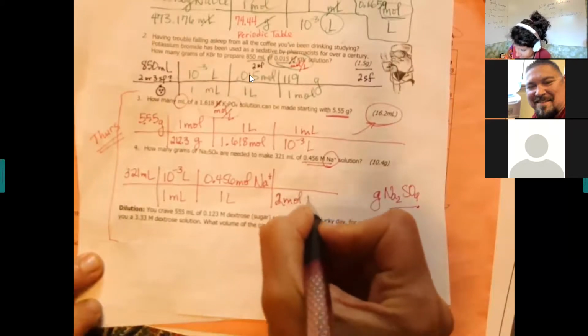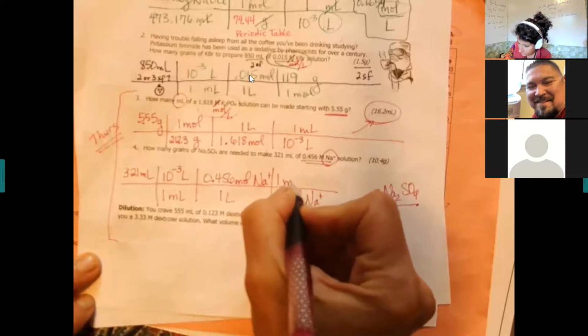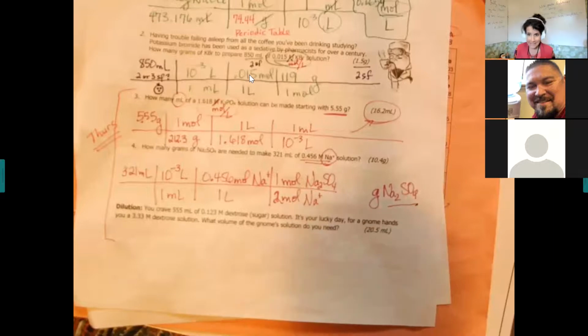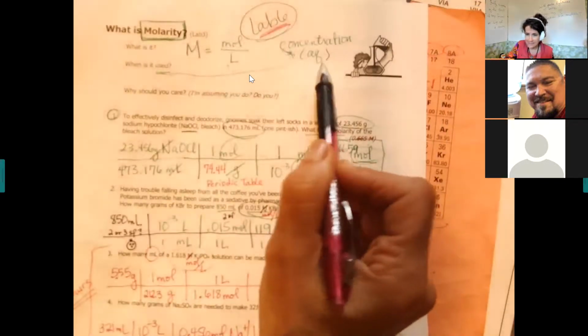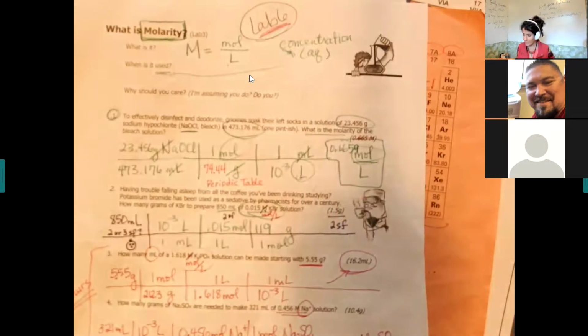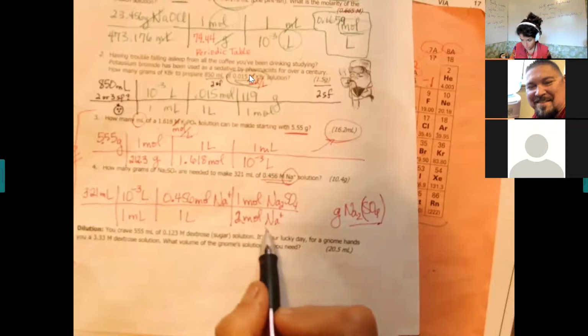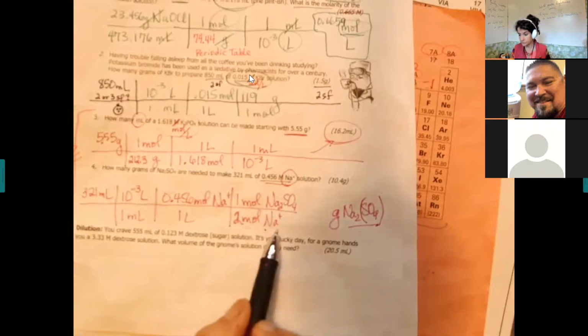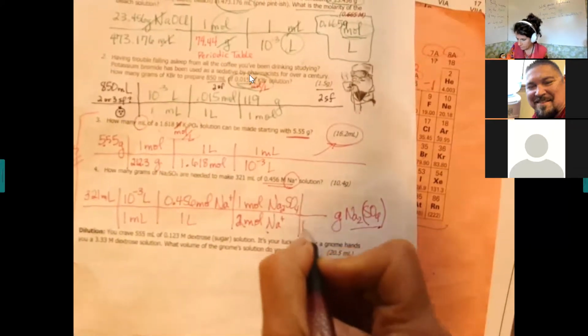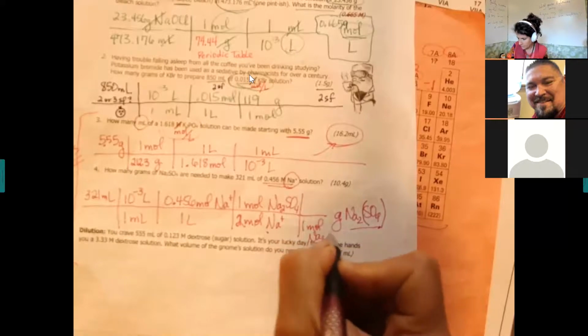So 2 moles of sodium for every 1 mole of sodium sulfate. It is shown as the ion. That's not going to make a difference in the math, but we're talking about a solution. Again, I mentioned this at the top of the page. These things are aqueous. They're mixed with water, and so the ions have pulled apart. So our ions are sodium and sulfate. So for every 1 mole of the whole compound, there's 2 moles of sodium. And then for every 1 mole of the sodium sulfate,